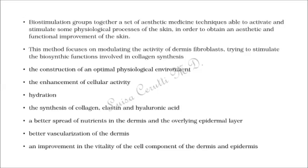Biostimulation groups together a set of aesthetic medicine techniques able to activate and stimulate some physiological processes of the skin in order to obtain an aesthetic and functional improvement of the skin. This method focuses on modulating the activity of dermis fibroblasts, stimulating the biosynthesis function involved in collagen synthesis,